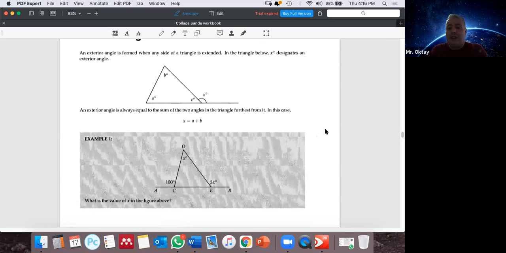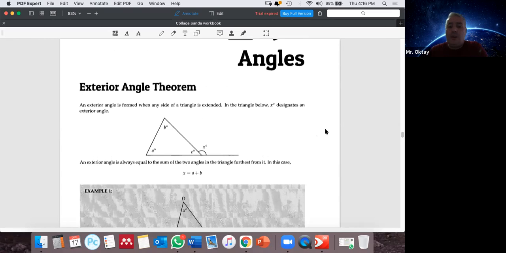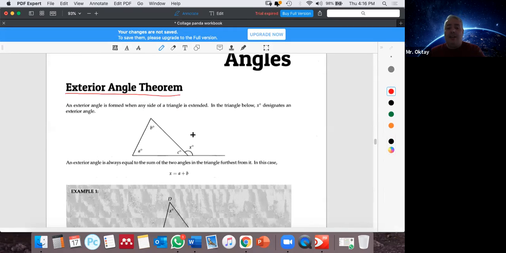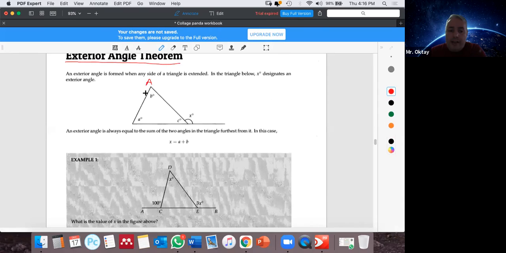So there is a very important theorem which is called the exterior angle theorem. We use this so often. What does the exterior angle theorem mean? Whenever you have triangle ABC,